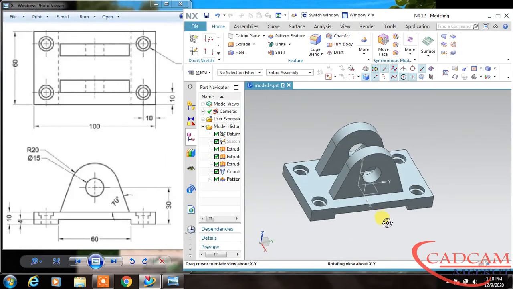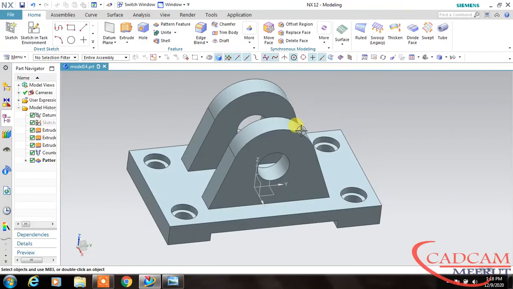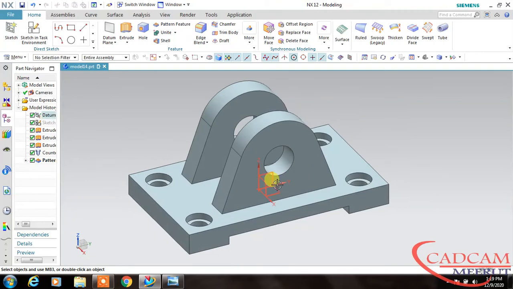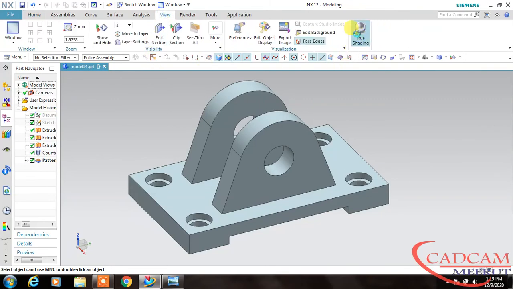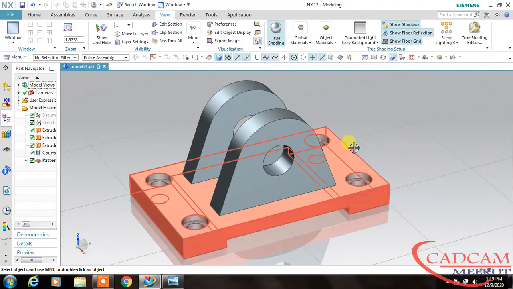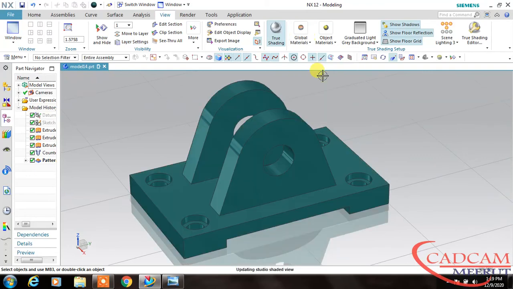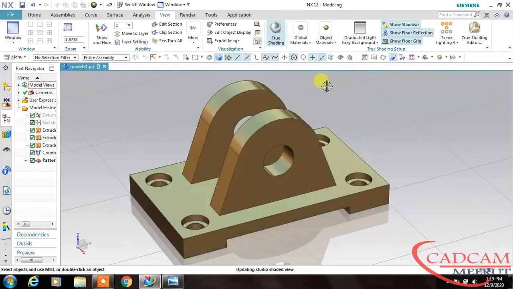Okay, now I want to change the color of this part. So first hide this, and in view activate true shading, and material, any material you want to assign.